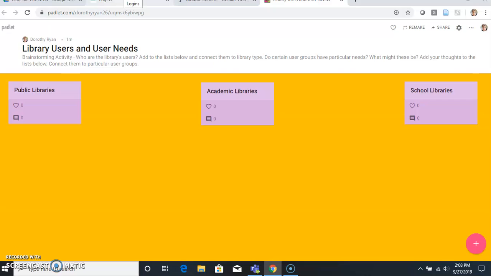It might look a little bit different if you're not the first person to get on here. So this is just generally what it's going to look like. So you're going to want to come up with at least 2 unique user groups for any of these libraries that you see up at the top here in purple. So public, academic, school libraries. If you have another type of library that you're interested in, feel free to add that. That's no problem. But you're going to want to think of and define at least 2, say 2 to 4